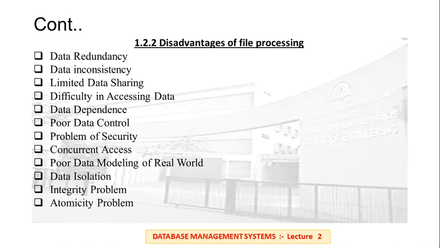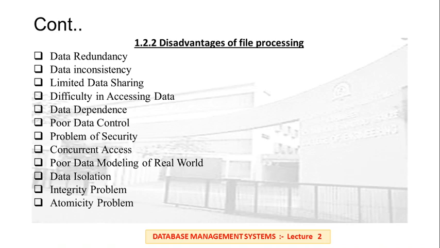So because of data redundancy, the same data is present in multiple files, and that's why it will occupy more storage. Some employee data may be present in the employee information, and the same data is present in other files like employee details as well as the salary details. So that is data redundancy: duplicate data present in multiple files.